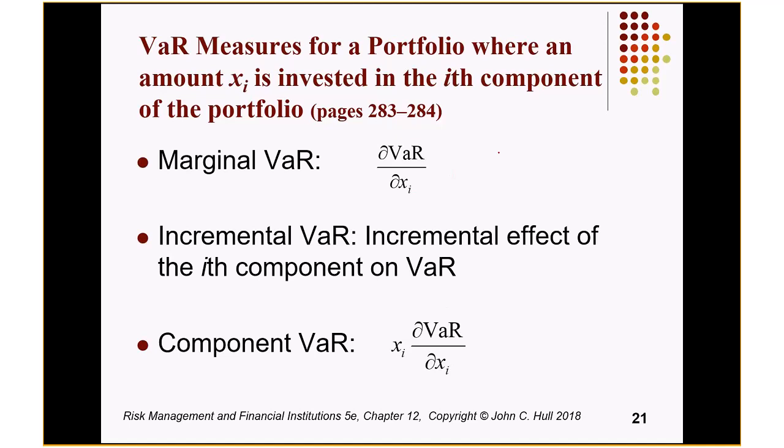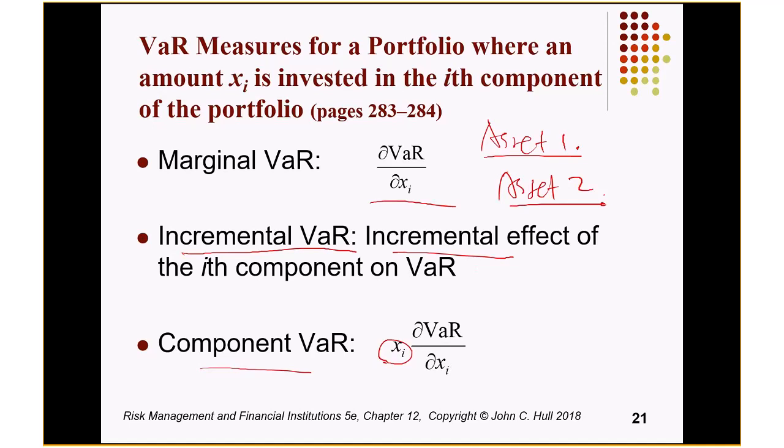Also, after you have a VaR, if you have two assets, asset one and asset two, you want to know the contribution of each asset to the total value at risk. You just take the first derivative. Accordingly, incremental VaR: if you have asset one and then you add another one to it, there is a change of the total value at risk. The increase would be called incremental VaR. Component VaR would be just the amount of money you put into one asset times marginal VaR. It's called component VaR. If you add all the component VaR together, that would be equal to the total VaR.